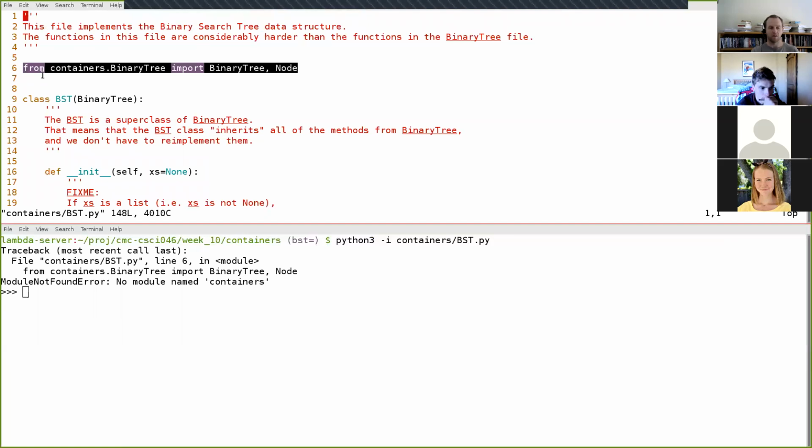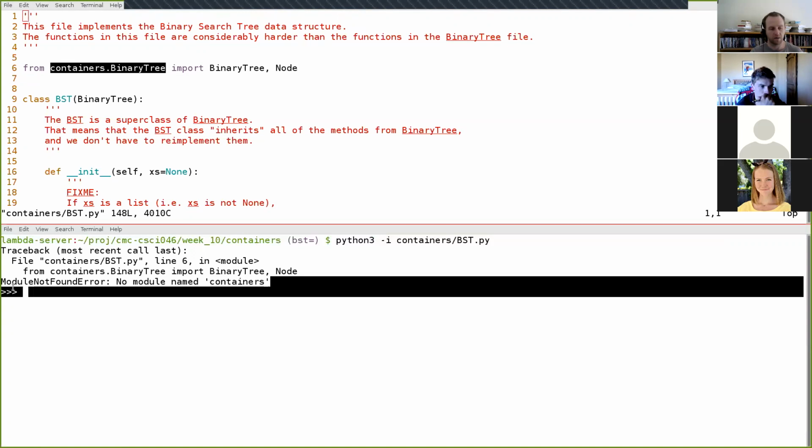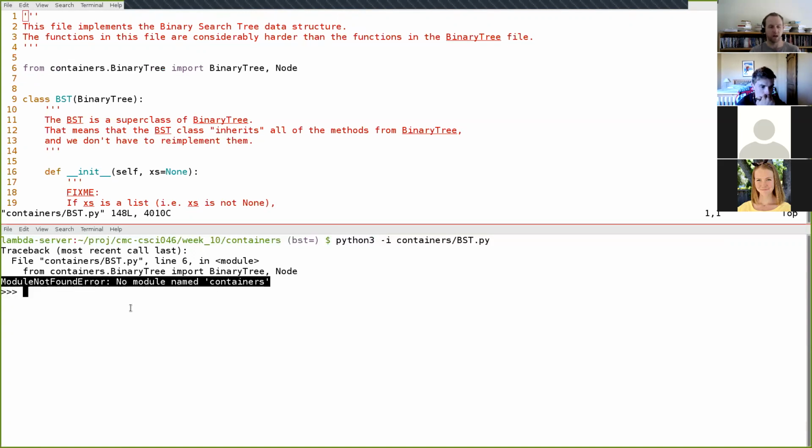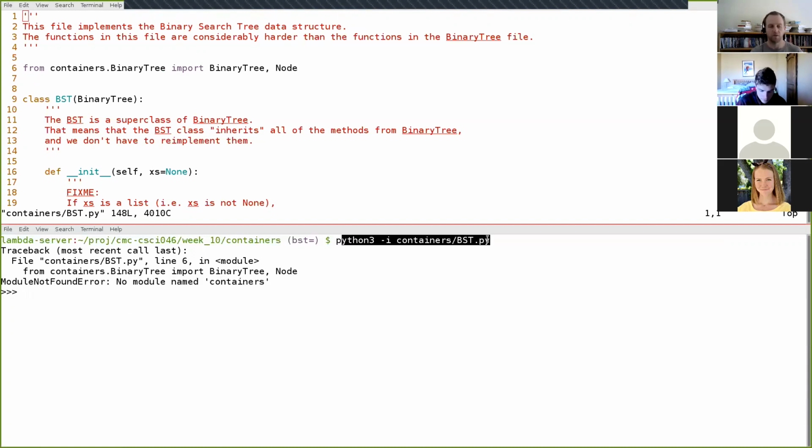In this file, because every binary search tree is a binary tree, I am importing our node class and our binary tree class from this containers.binarytree file. This error message down here is saying that we get this module not found error, no module named containers. This is due to the way that I am invoking Python down here on the command line.